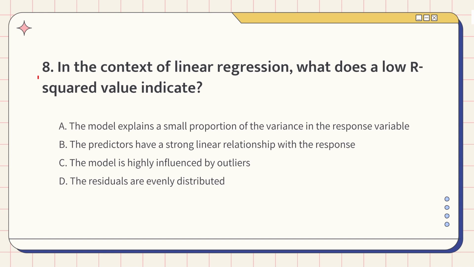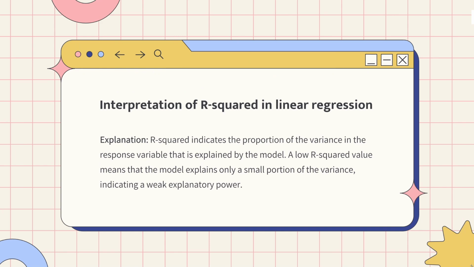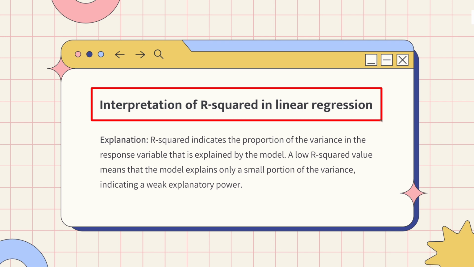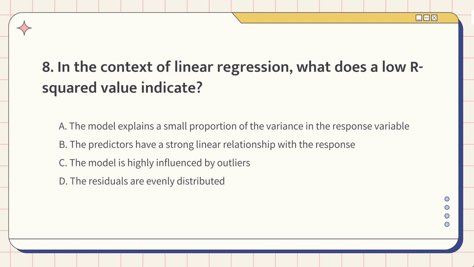Question 8. In the context of linear regression, what does a low R-squared value indicate? This question tests interpreting low R-squared in linear regression. The knowledge points of this question are the interpretation of R-squared in linear regression. A low R-squared means your model doesn't explain much of the variation in the data, so it's not doing a great job. So the correct answer is